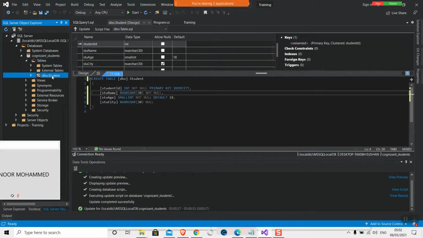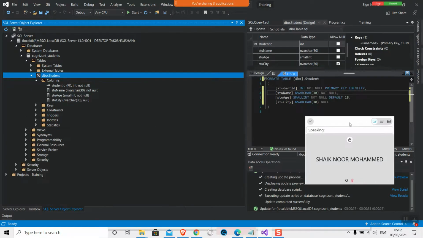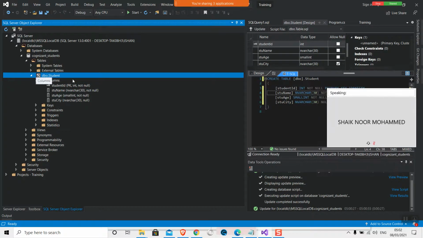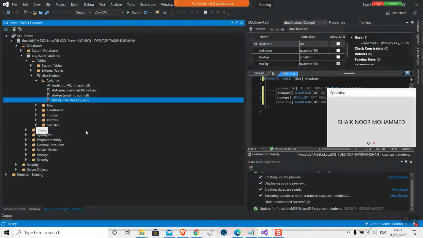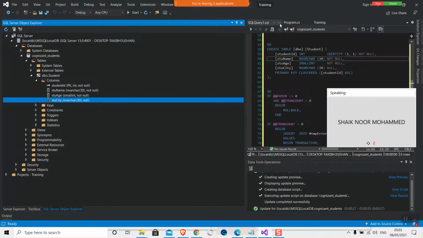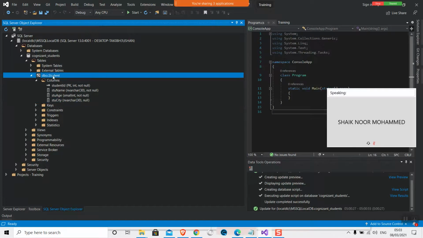Now you will find that my student table is created. See the 4 columns that we created. Right now this table might be an empty one.